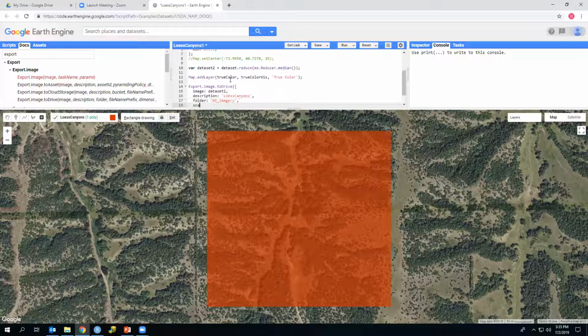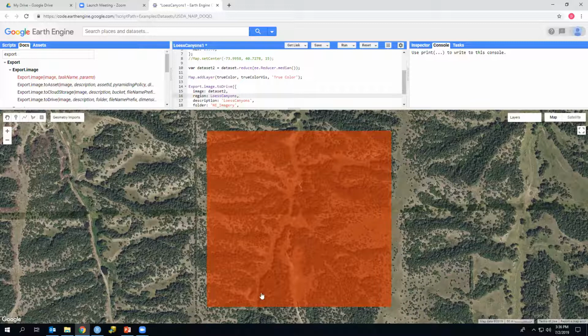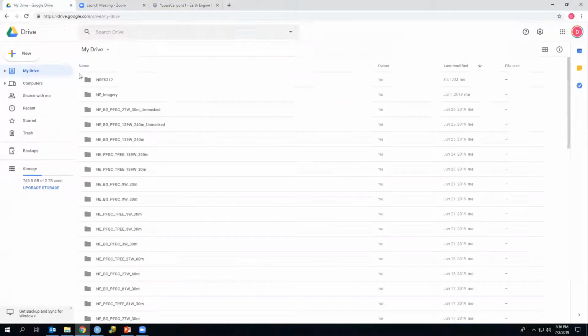And then the scale or the resolution of the image, you know, you have low resolution images that are blurrier and they have large pixels, and you have fine resolution images like this one. The resolution here is 1 by 1 meter, but you have to remind it. Oh, and the region, the area I want, again, is this polygon here that we created. So what we're telling it to do is give me this data, NAIP imagery, for this polygon in the Les Canyons, send it to my Google Drive folder called Nebraska Imagery,